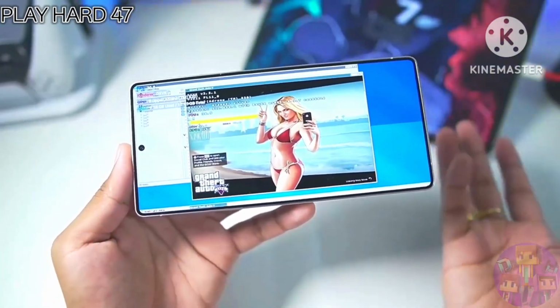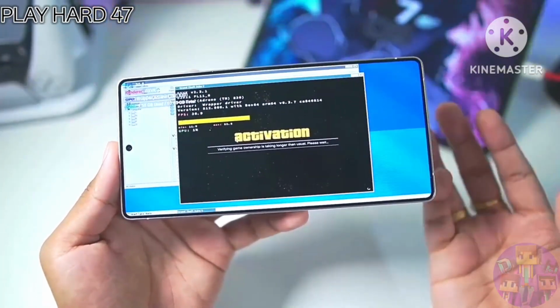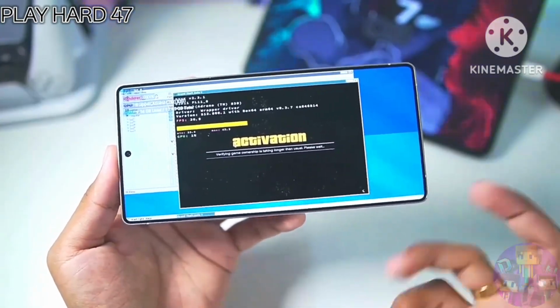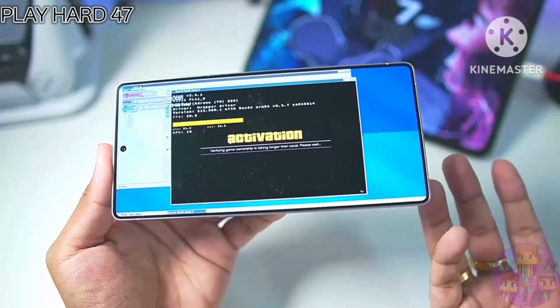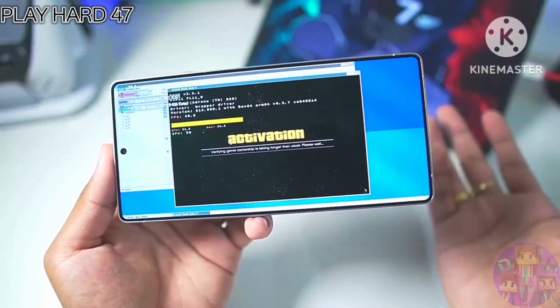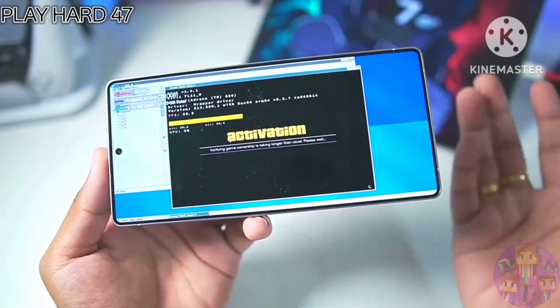So let's say you have a 128 GB RAM, 128 GB storage Android device. Your GTA 5 will 100% work even in that small storage, because the original GTA 5 which I play on my mobile device is 110 GB, so you minimum need 256 GB storage for that. But most of us don't really have that much storage.